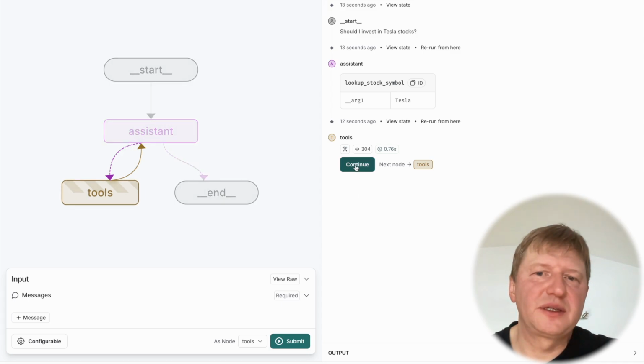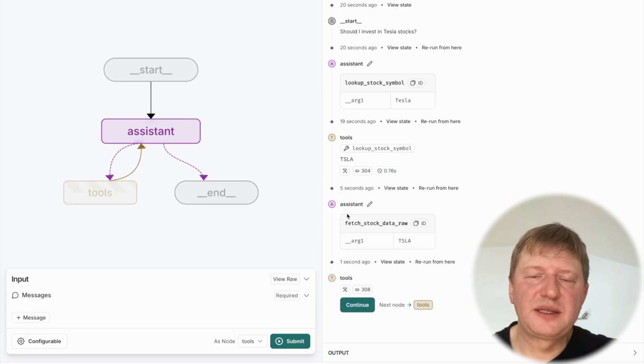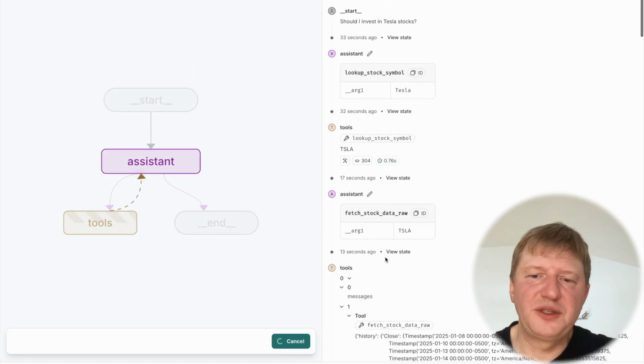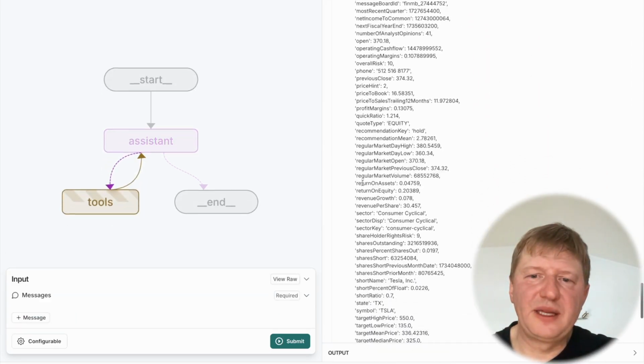We have to accept the continuation. So I'm clicking on continue, and there is a tool call. We have TSLA, and then the assistant again asks for the fetch stock data row tool call, and then again we have to click on continue. So I'm clicking on continue, and we have this from the external service,